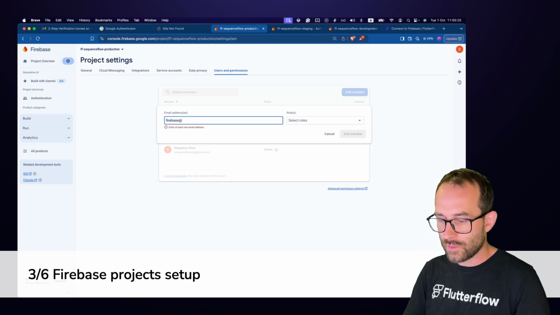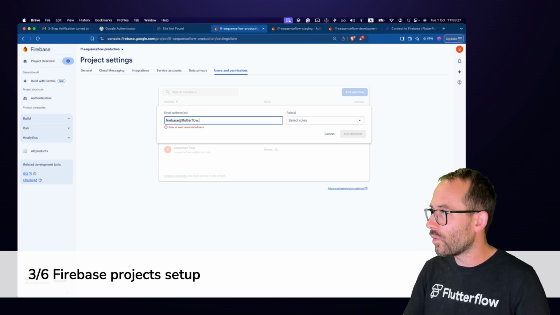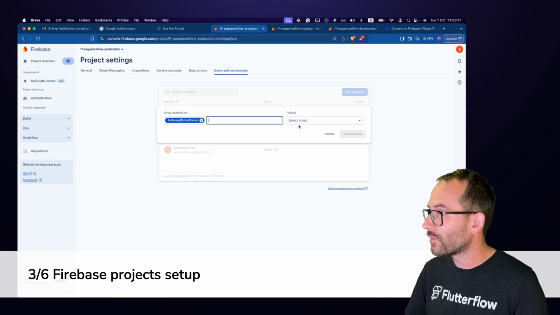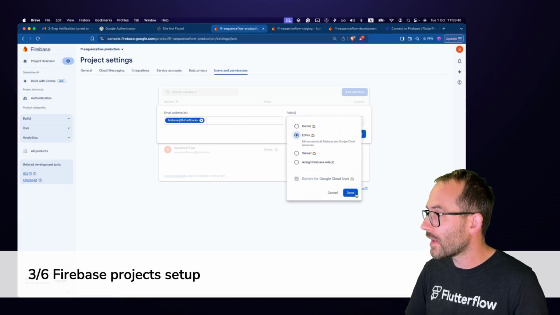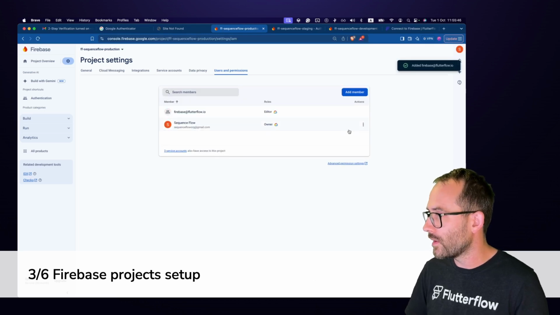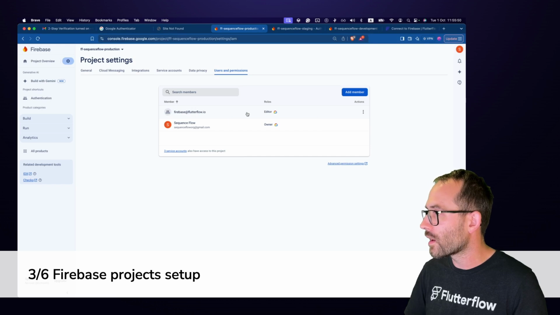So use Firebase flutterflow.io as their Google account, which is, I guess, the service account by Flutterflow, and you put them as the editor there and add member. Also, to enable the push notifications, deployment of the Firebase functions and everything, that Google account also